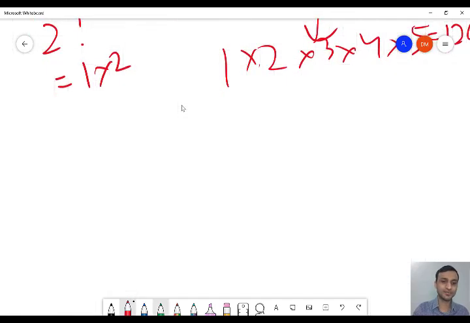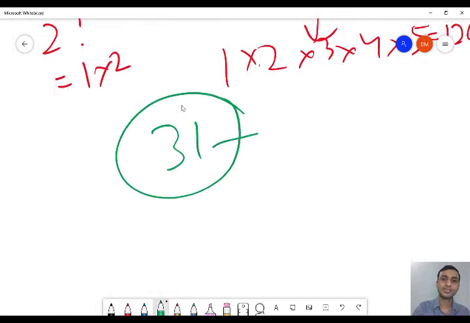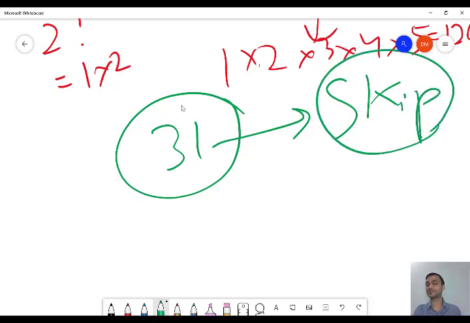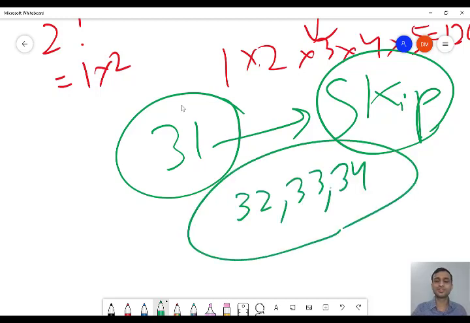Next is question number 31. Skip this question. Okay, this is not even part of your assignment. Skip question number 31 for now. And the next three questions, that is 32, 33, 34, are based on digit extraction. Only 30 and 31 are not. 30 is factorial, I explained to you what factorial is. 31, skip the question. You don't have to do question number 31. And 32, 33, 34 are based on digit extraction. You have to use your mind to solve them. In the next class, I am going to give you the answers.